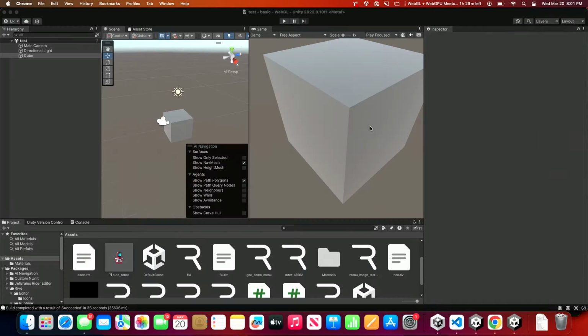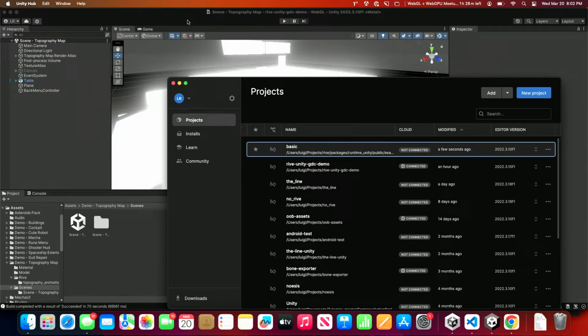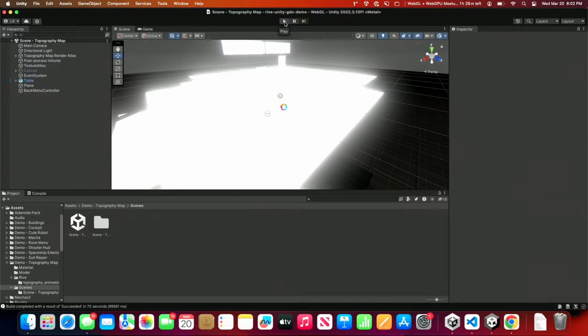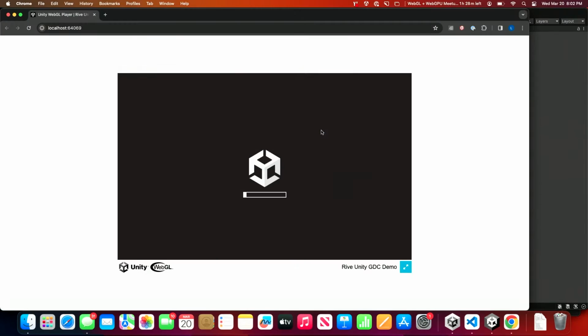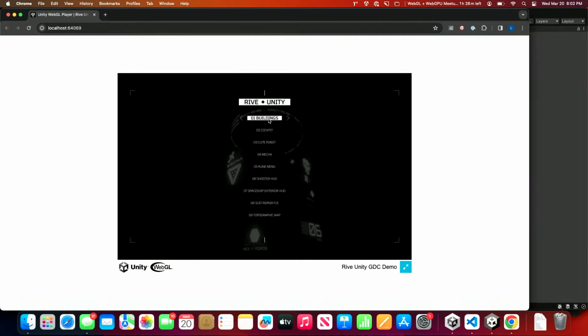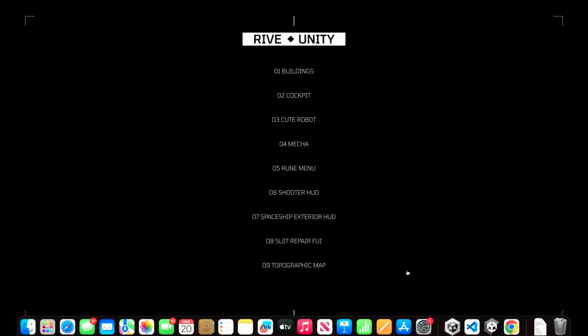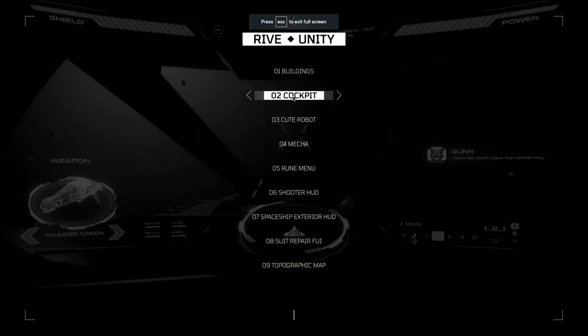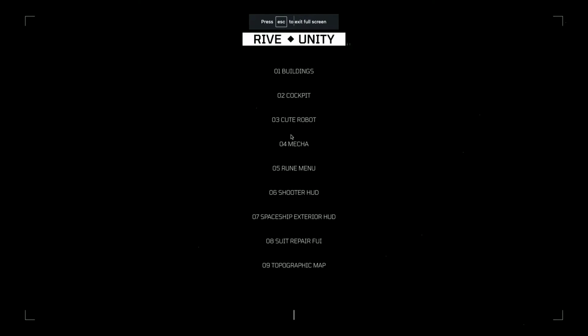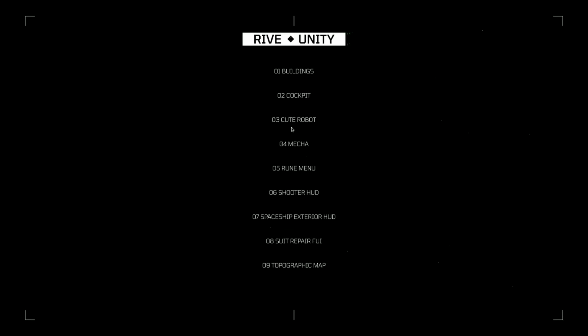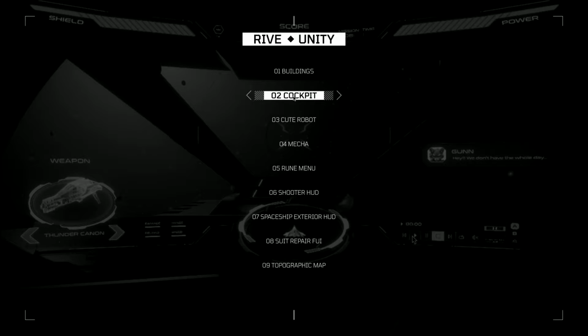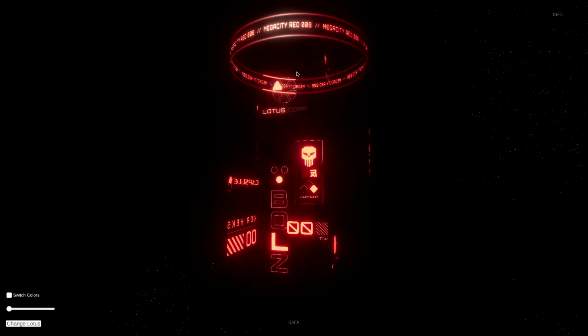I'll show you a slightly more fun example. This is just a basic one, but this is one that builds out some kind of cooler scenes. I'll build it for web. And you'll see that we built out a fun menu. I'll go full screen, but unfortunately I have to hit escape and it keeps popping out of full screen. But this interface is built in Rive, and so this is all the PLS renderer doing all these scenes. But then if I click on one of these, like this one, you'll see that